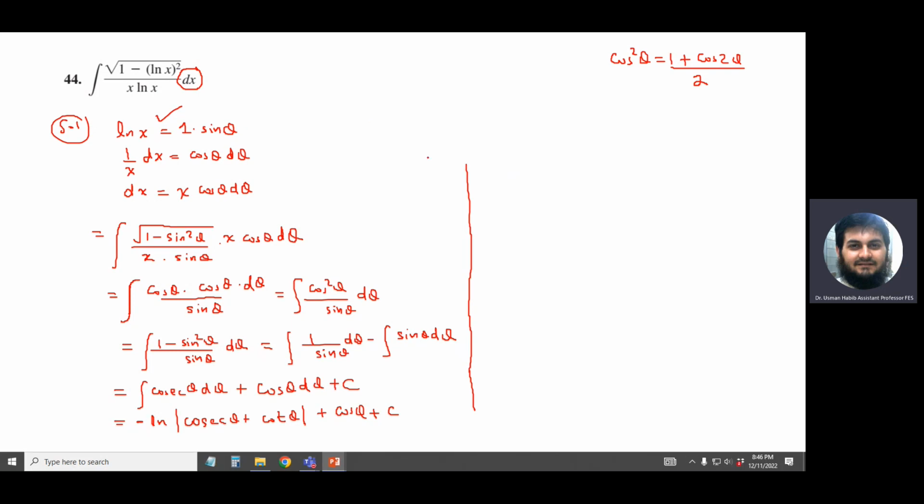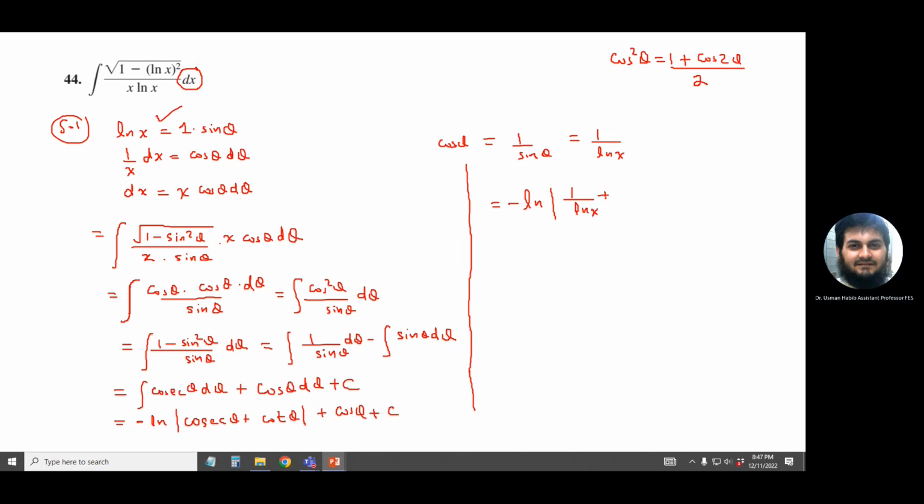sine of theta. For the cosecant of theta, we know cosecant is 1 over sine theta. That means this will become 1 over natural log of x. So let's put this in the final answer as the back substitution: 1 over natural log of x plus